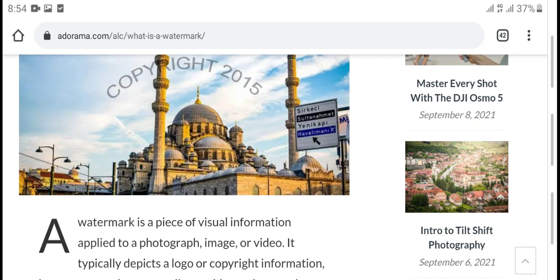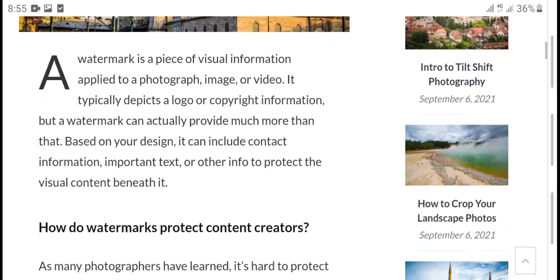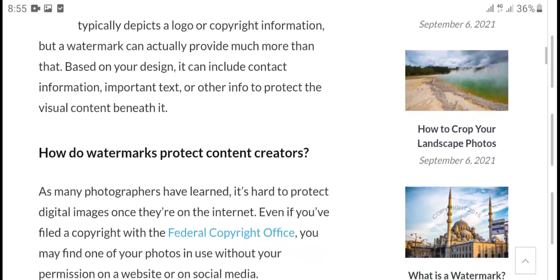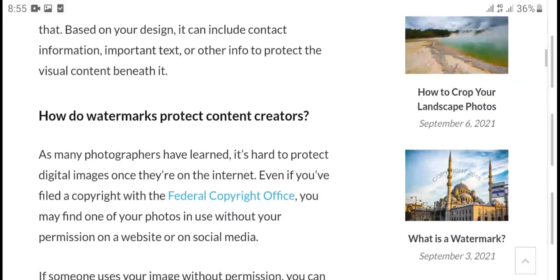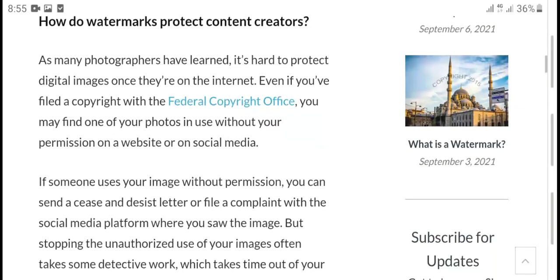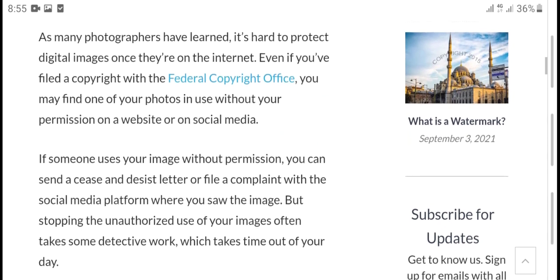Watermarks are brands where information is uploaded on photography, images and videos. But a watermark is provided then, because your design and image content information improvement text, other information protect you, present contact, how to watermark product creation is many photography has learned art project digital image once